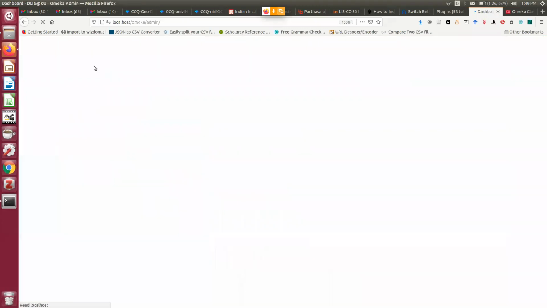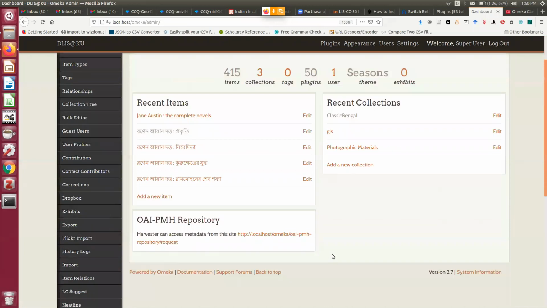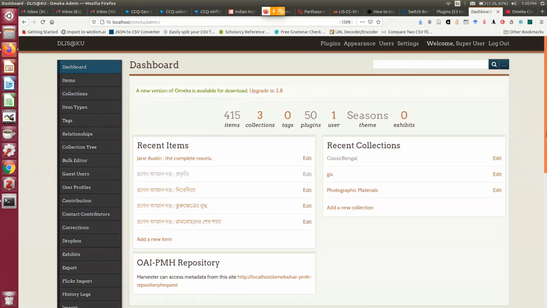So I go to dashboard, say let me try to add an item. So I have 415 items distributed in 3 collections, and I am using Omeka 2.7. It is exactly working with 2.8. I will be updating very soon, and all of you are having 2.8, no issue.